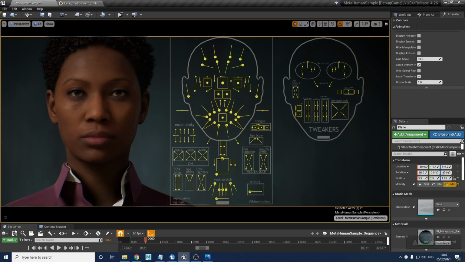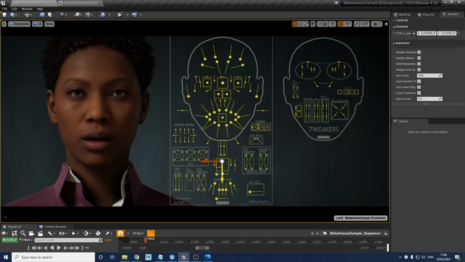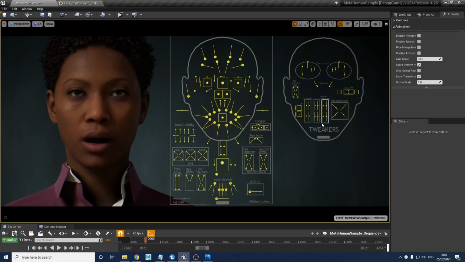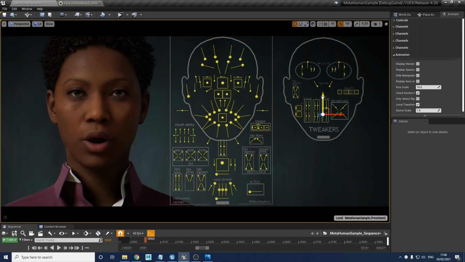To the side, this one's going to work better if I have the jaw open as well. We have a corner sharpener. This is going to pinch the corners. If you need to create maybe a tighter shape in the corners, you can pull these together, pinch them for O shapes. Sometimes you just need a little bit more tension in the corners. You can use the corner sharpeners for that. And the opposite direction is going to open them wider.